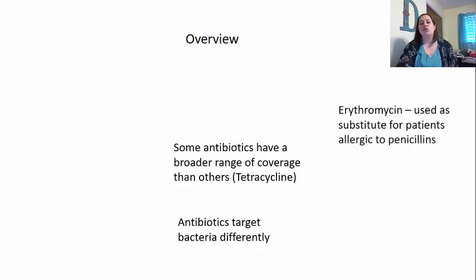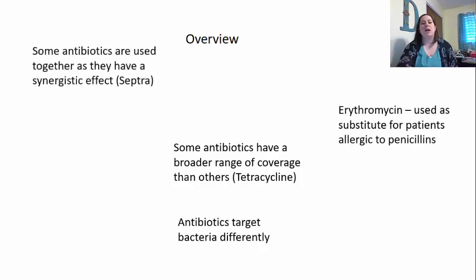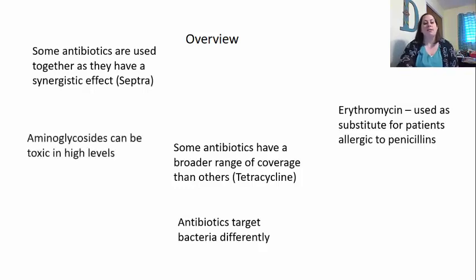Erythromycin is used as a substitute for patients who are allergic to penicillins. Some antibiotics are used together as they have a good synergistic effect, meaning that they're better together. An example of this was the Septra. We also see the aminoglycosides can be toxic at high levels, so it's very important to know that safe range that we can use them in, and this is why blood work with the troughs and peaks is important